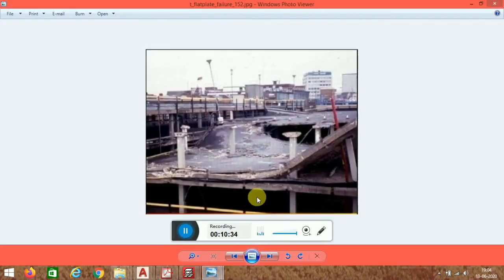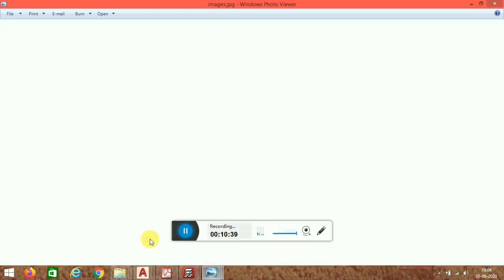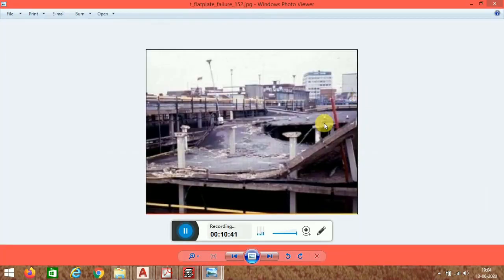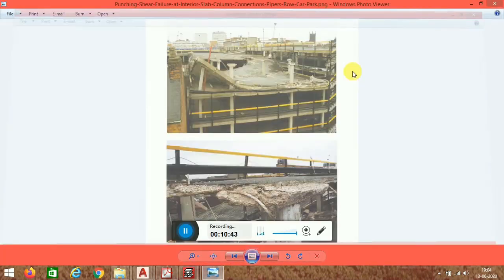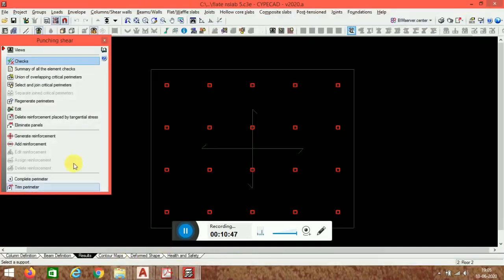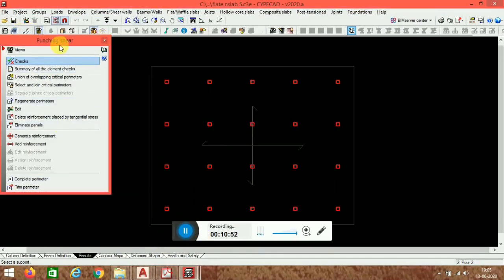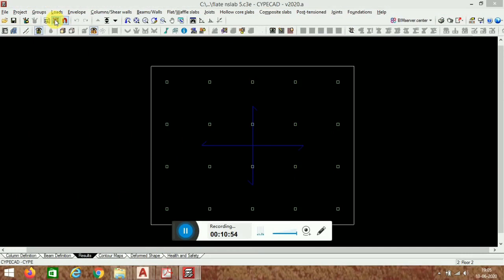You can see in an image, this structure has failed due to punching shear. That's why we require the panel drop as well as a column head to minimize the punching shear error. So again, what we have to do,